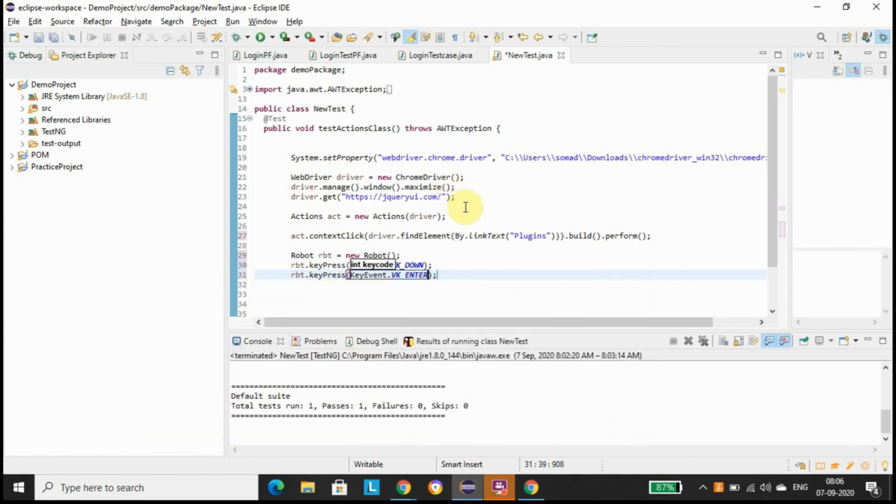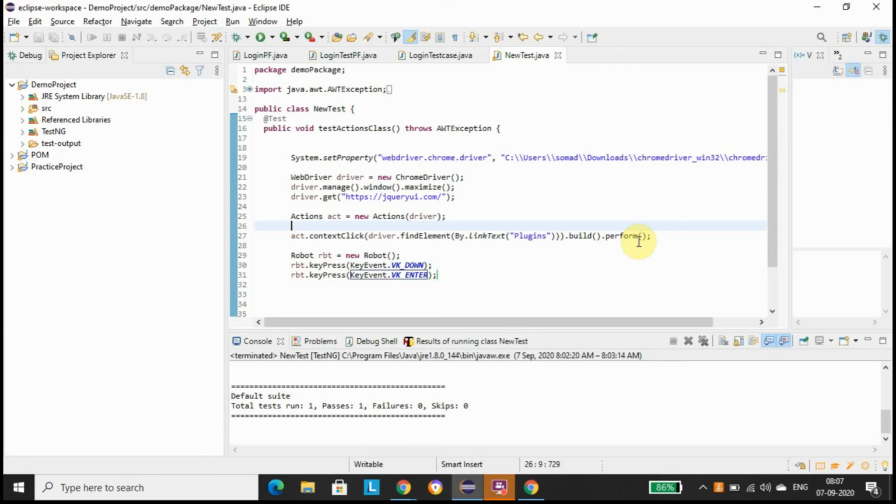Now that's it. So what we did here is we have the actions act equal to new actions, then we provided the driver, we are using chrome driver here. Then context click is basically the right click one. Then we provided that particular web element detail, on which web element we are going to right click. Then build.perform, as I told you, is used to build the sequence of actions and perform those built actions.